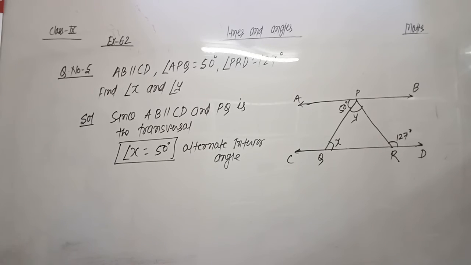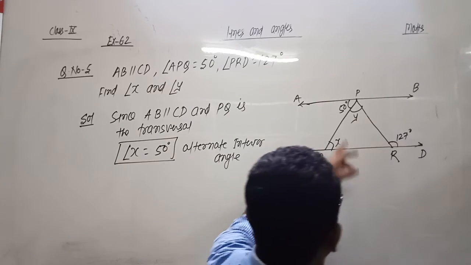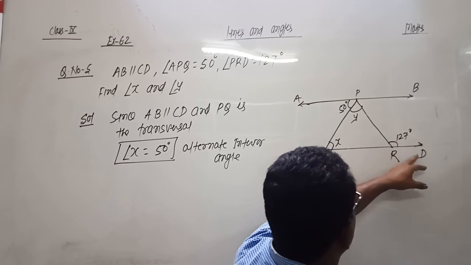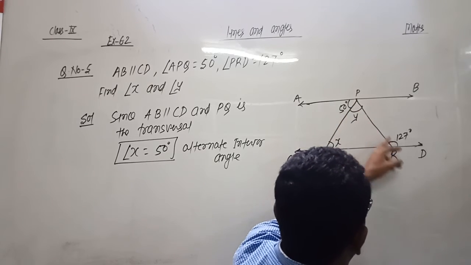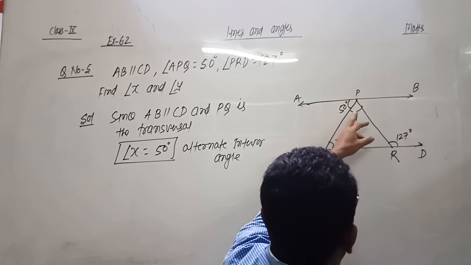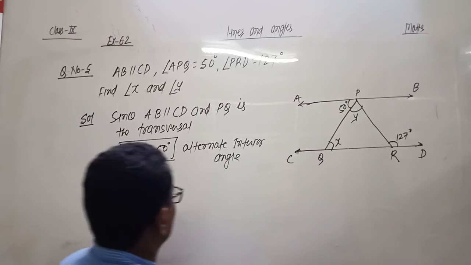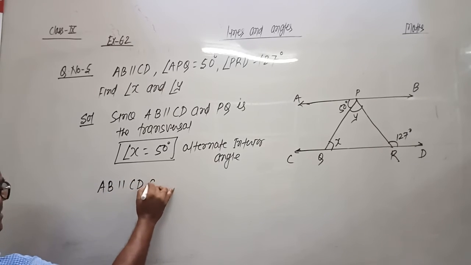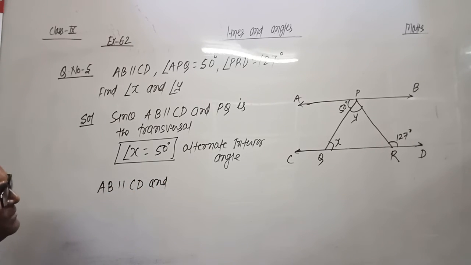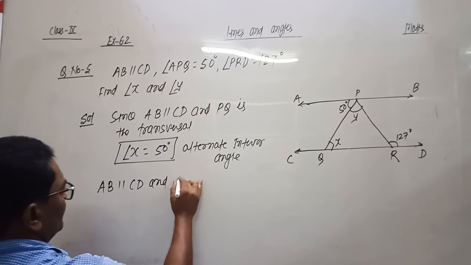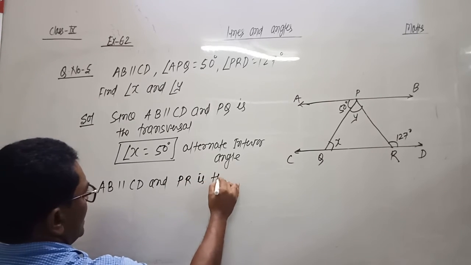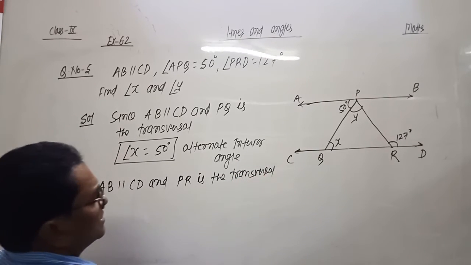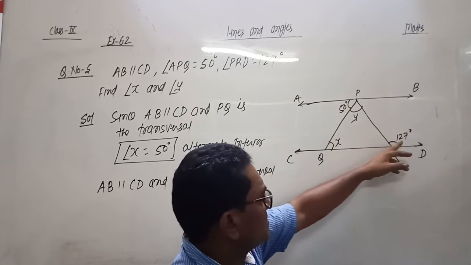Angle x equals 50 degrees. Now again, AB is parallel to CD, and PR is the transversal. So angle 50 plus y must be equal to